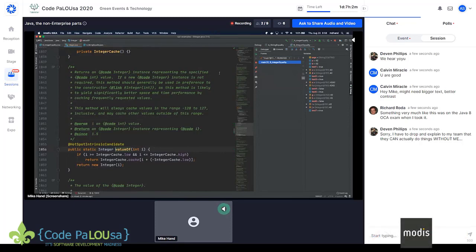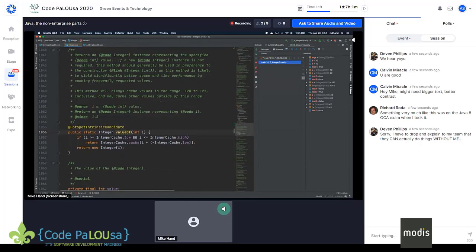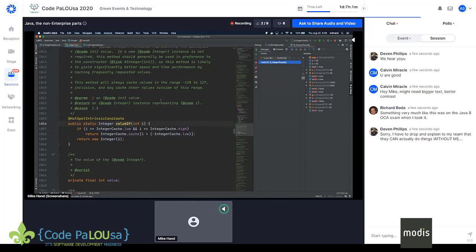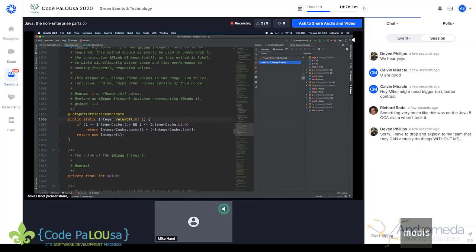If a new Integer instance is not required, this method should generally be used in preference to the constructor, as this method is likely to yield significantly better space and time performance because it caches frequently requested values. So it says that it will always cache values in the range of -128 to 127 inclusive, and may cache other values outside of this range. And we can see that that's exactly what it's doing here.